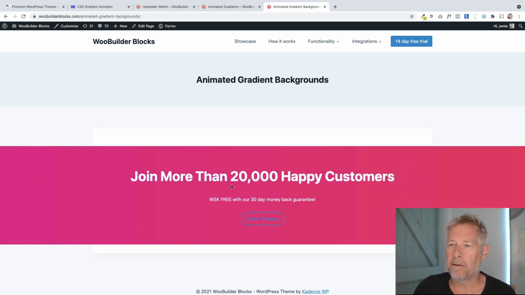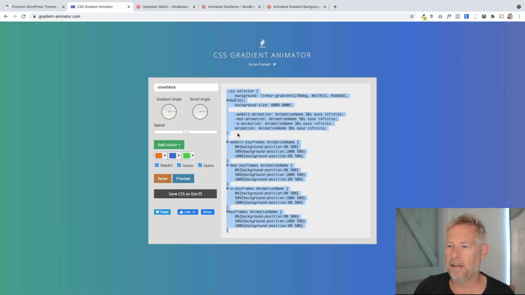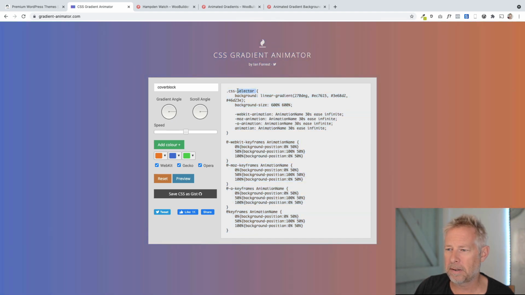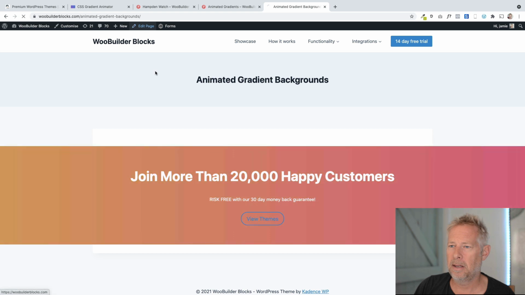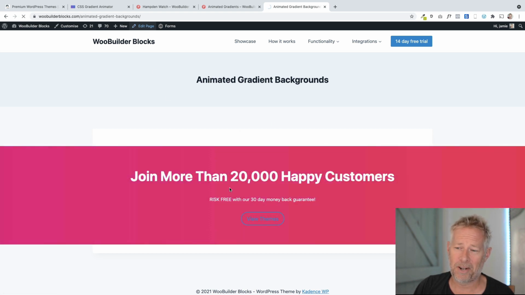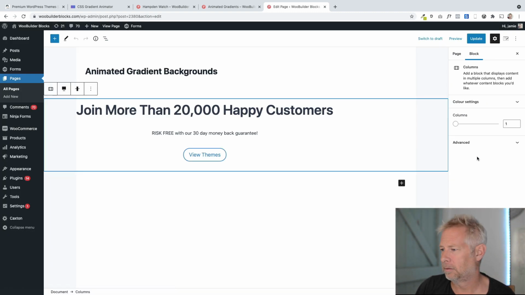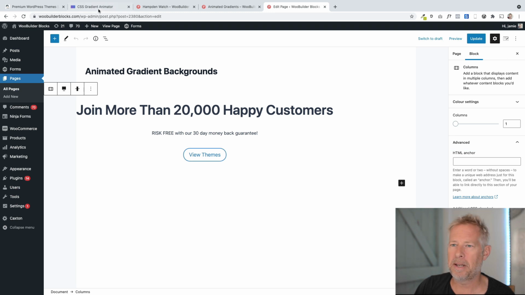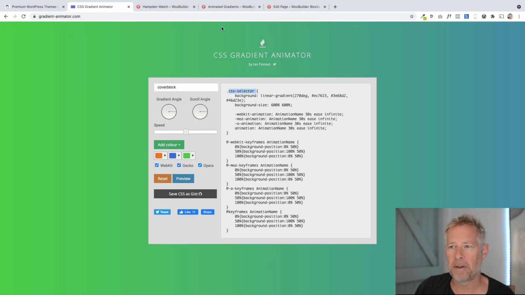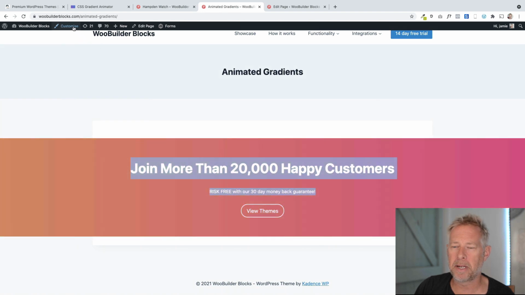Okay. Now in the CSS, all I did is you copy this code here. You can keep this exactly the same, but can you see where it says .css selector? You change that to the class name that you put in as the column class. So you need to make sure this bit here in advance, that is basically what you replace that CSS selector with. Okay, and I'll show you that if I go to my CSS that I've actually added into this page,